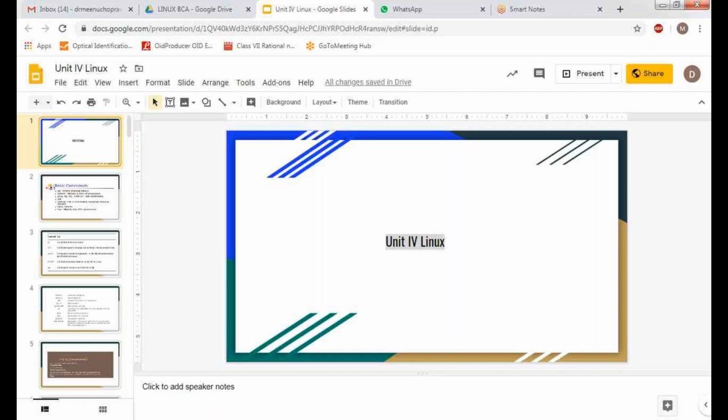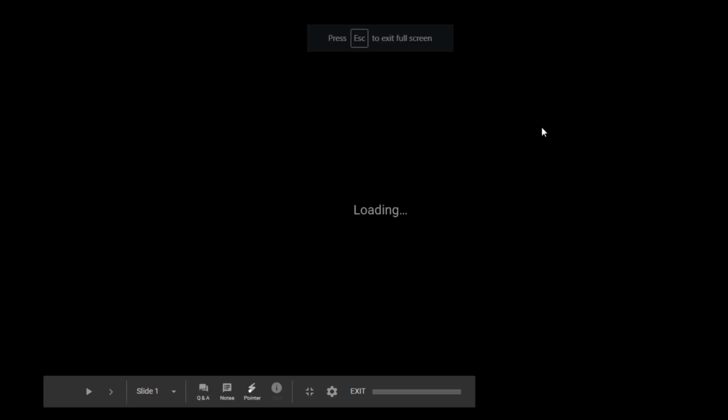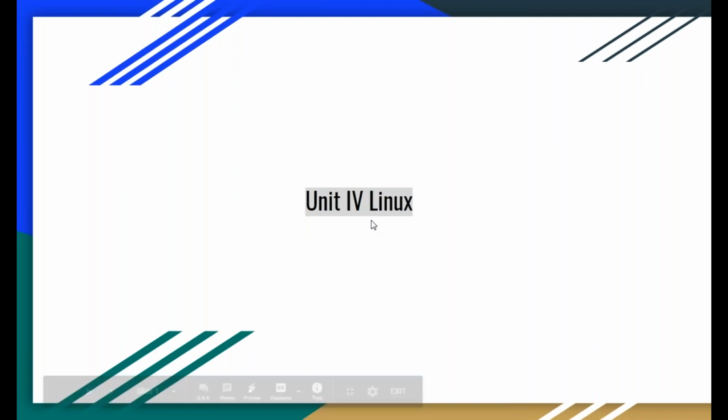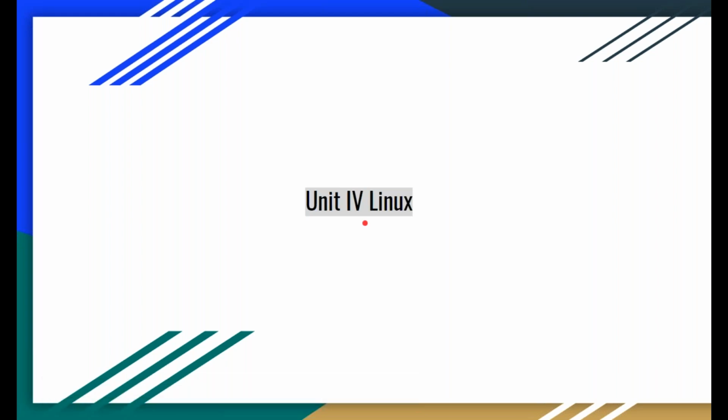So we are starting with unit 4. I have left out one or two topics of unit 4, and we will discuss this. I think we left off with the kernel debuggers. For unit 4, almost everything is finished except the few things which I'm going to discuss here and finish up.